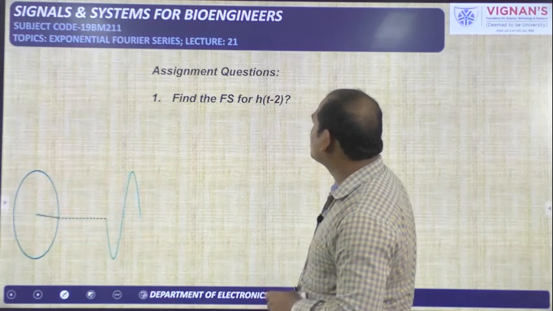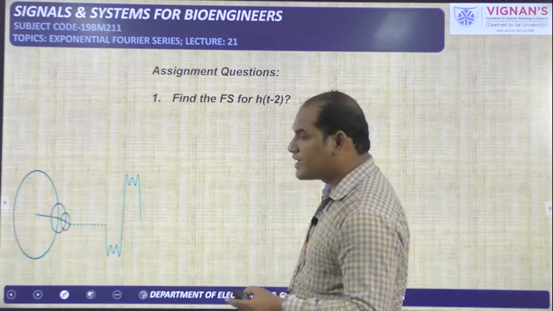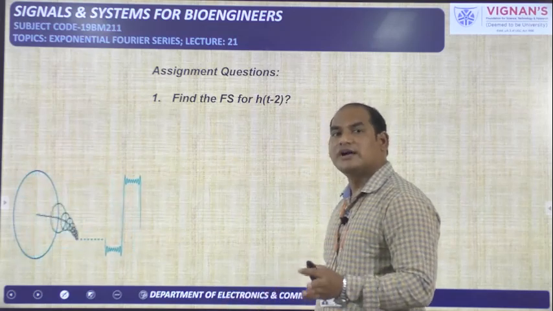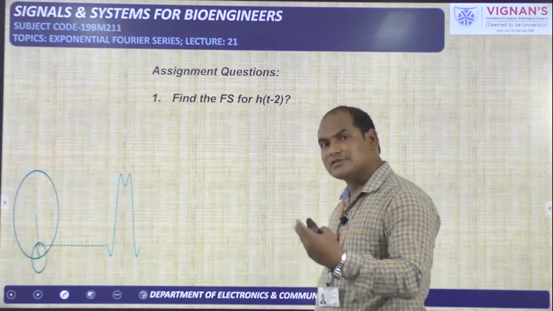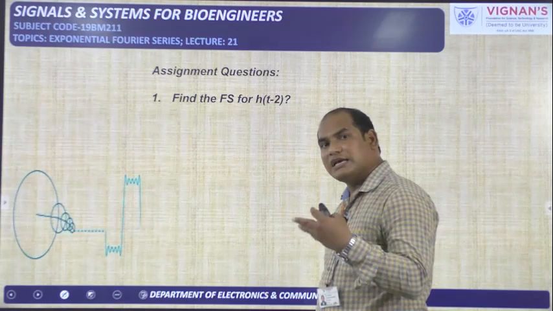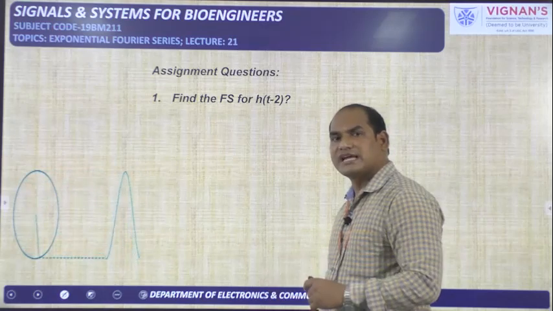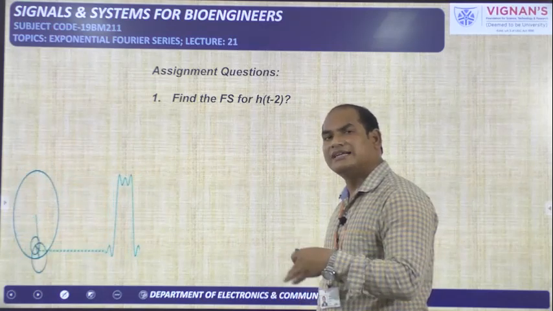So this is the assignment question. We just now have done h of t. That one we have taken as the addition of the two signals. Actually, we have taken one signal as the addition of the other signals. Means the coefficients also we have added. 1 by T is actually for the impulse train signal, that is shifted to right side by T by 4 seconds one time and 3T by 4 seconds one more time. Those two signals have been added in the time domain.